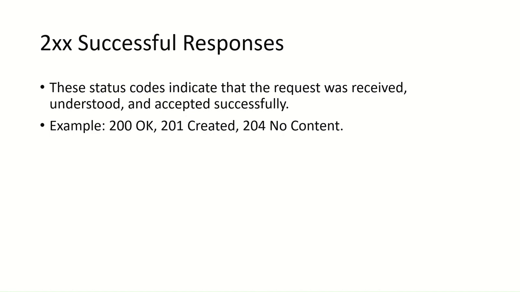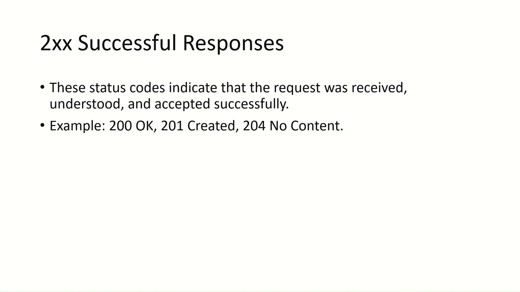The client hits that API, and that request goes to the server, and it is received by the server, understood by the server, accepted by the server, and then it returns some response to the client. In that case, that is called a successful response,